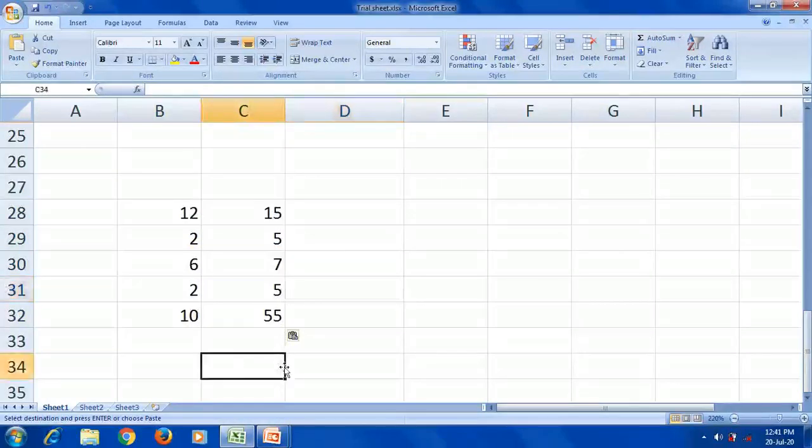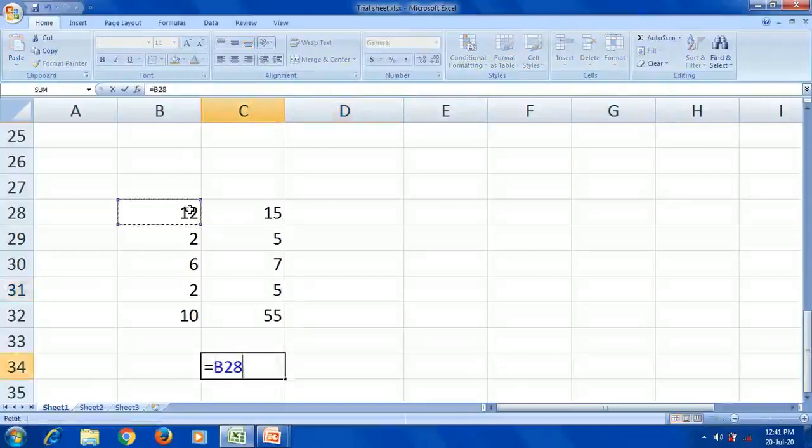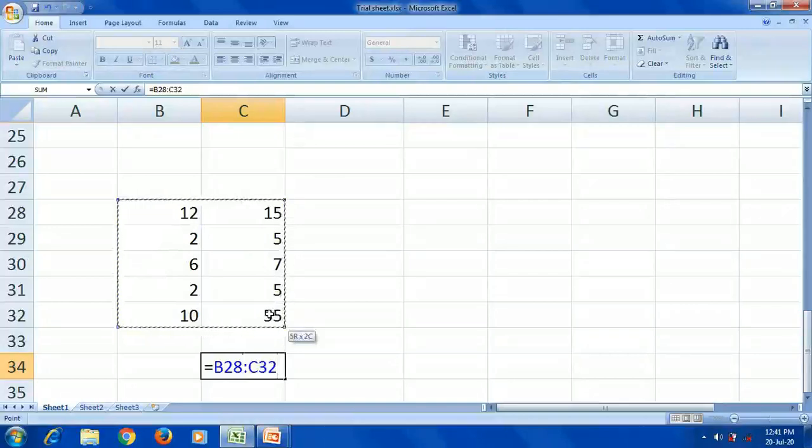So what I am going to do is write equal to, then write the first cell, then hold the shift button and click on the last cell. This is a shortcut method I am showing. Hold the shift button and click on the last cell, or manually you can drag it. Here the range will be separated with a colon.